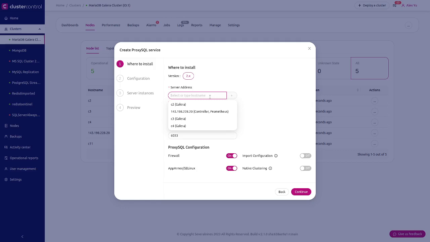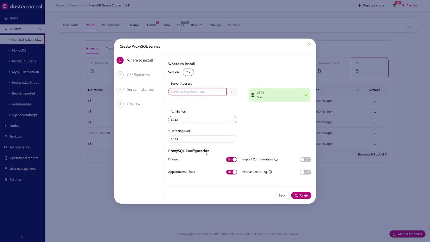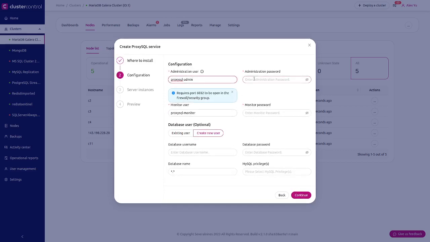As I said, choose one of these. The admin port, the firewall. I want to import configuration. Nah, native clustering. Yeah, why not? Do that. All of this here is default. The ProxySQL admin user, adding a password in here as well for the ProxySQL monitor. I could use an existing user, create a new one,